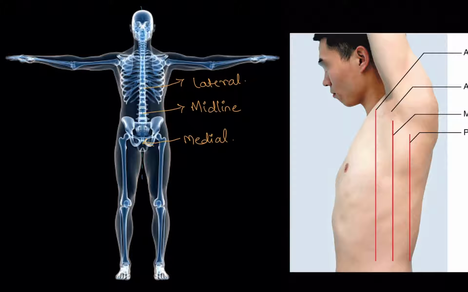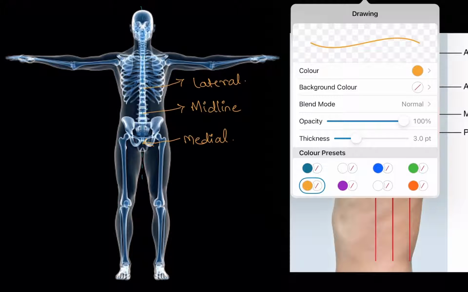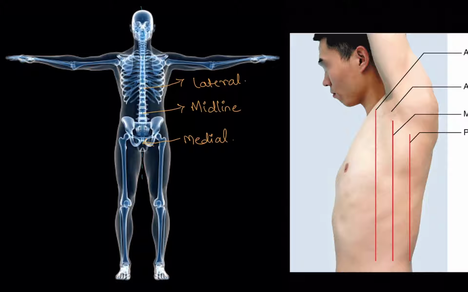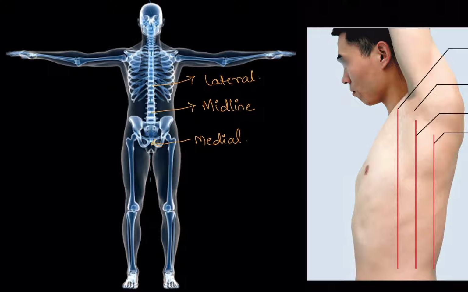Okay, now I am drawing two more lines on it which you need to know. For that you need to know a bone which is known as the sternum. We'll be doing this sternum bone in detail later on, but for now you should know this is situated in the middle. It's known as the sternum, also known as the breastbone. If I draw a line which is a little lateral to the sternum, we call this line parasternal. Para in Latin means around. So around the sternum, a line if I draw, we call such a line the parasternal line on both sides, right?